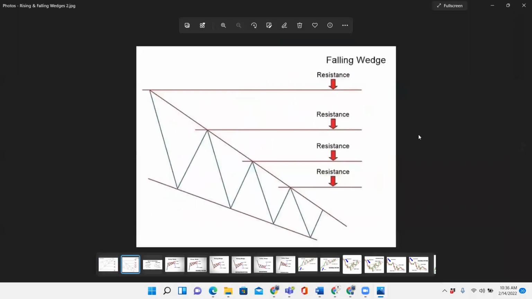So now we have our falling wedge. Our falling wedge happens to be the opposite, just the complete opposite of the rising wedge. So we have our resistance lines on top over here. So we have our starting point. We have our